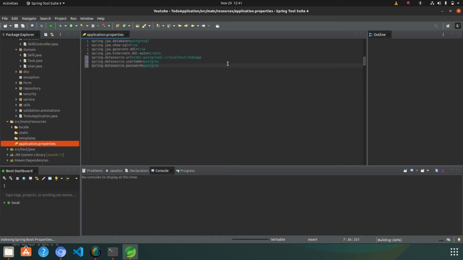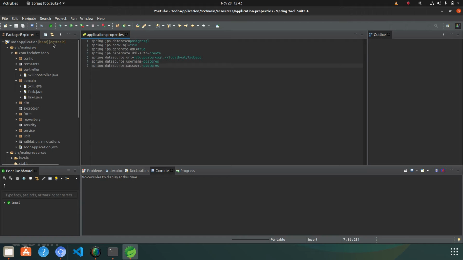So all the application properties related to Spring Data JPA configuration are done here. And further, in Spring Data JPA we can use connection pooling also, which I will explain in another video. But for now we need to focus on the simple things, that I have done some configuration related to Postgres Spring Data. Let's start the application, and before starting the application, I need to let you know that if